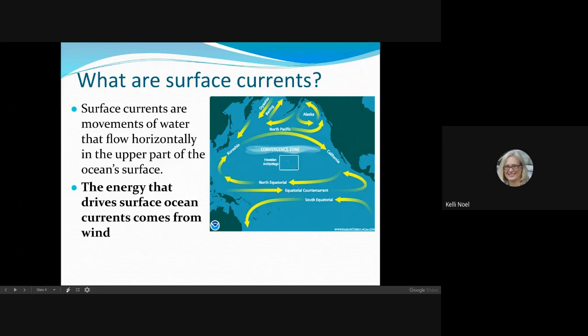Movements of water that flow horizontally in the upper part of the ocean's surface. And the energy that drives this, if you can fill in that blank, comes from wind. So surface currents, the energy is